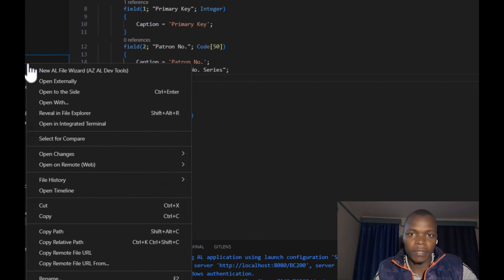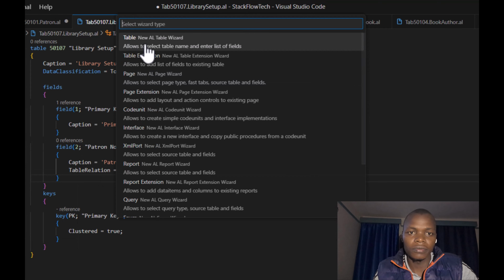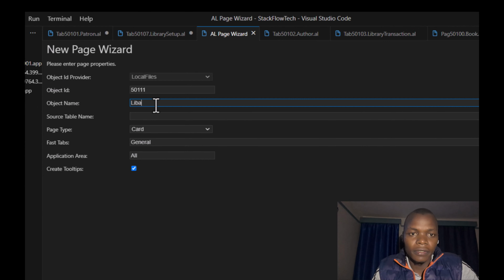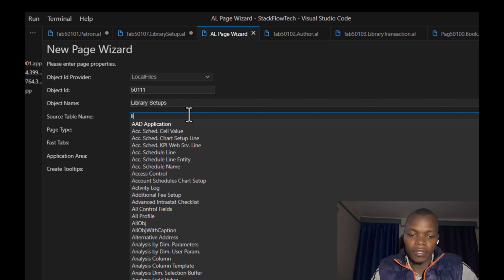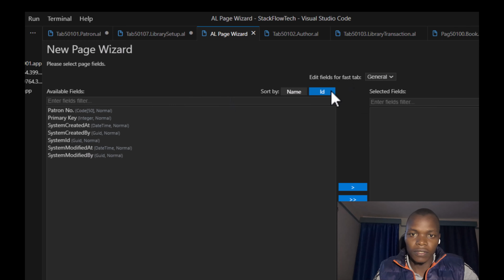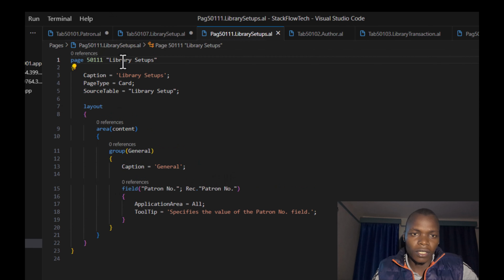So I'm going to create a page for the same. New page, I'm going to have a library setup, since it's a page. So right here you can have library setup, but it's okay. Let's go to next, and then you can only pick this. Don't worry about the primary key, it will always take care of itself. So let's expose this one,